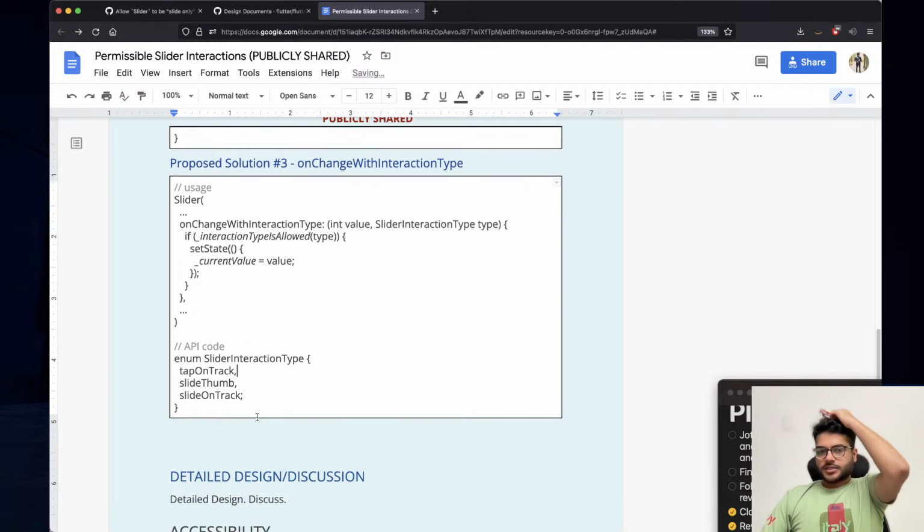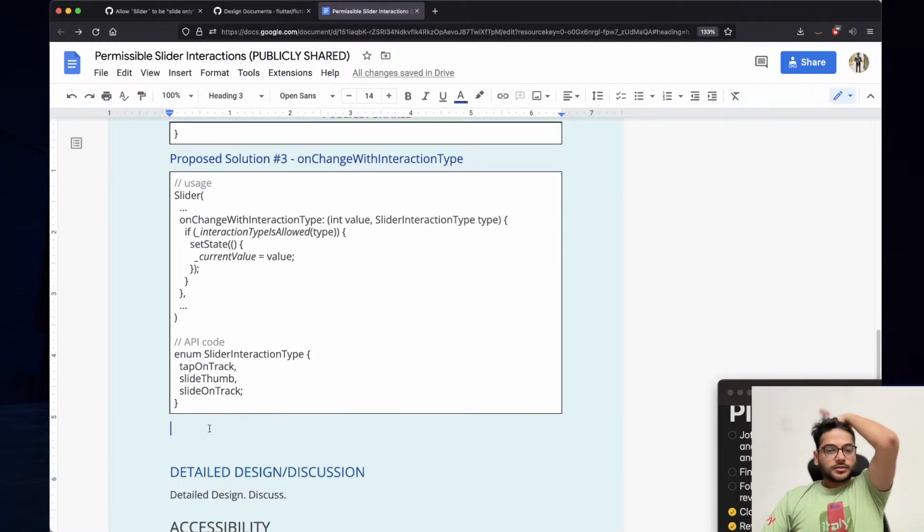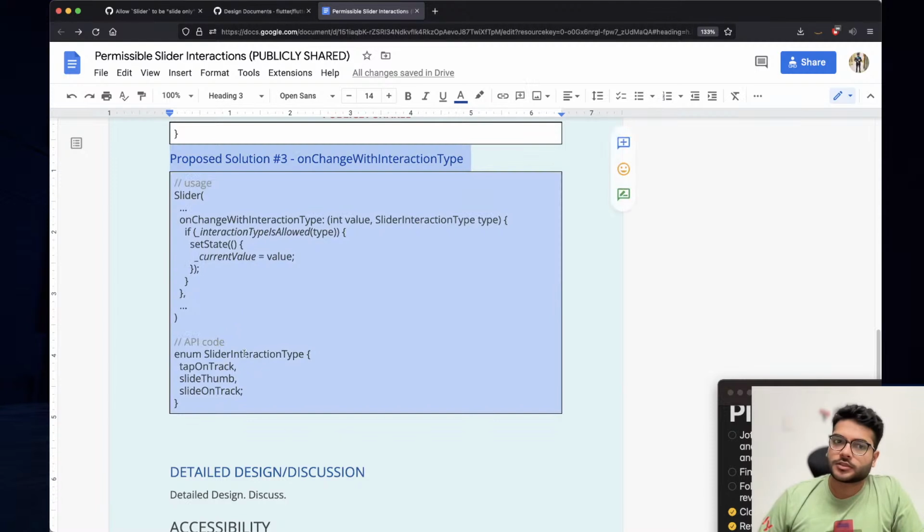But okay, that seems too far first. And there is also a fourth proposed solution, which is the same as this thing, but